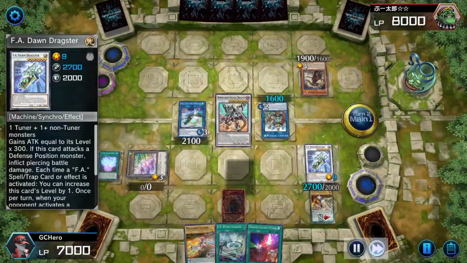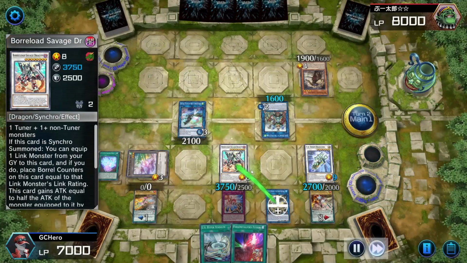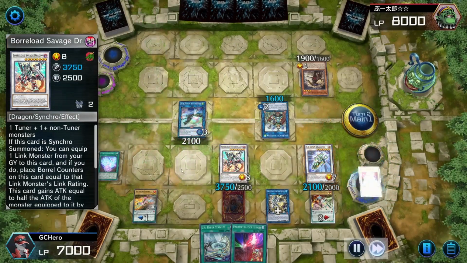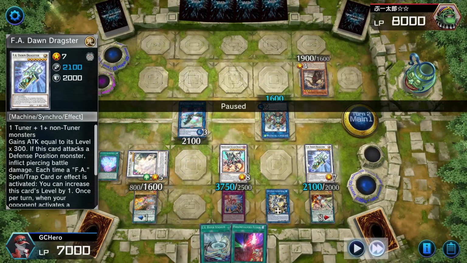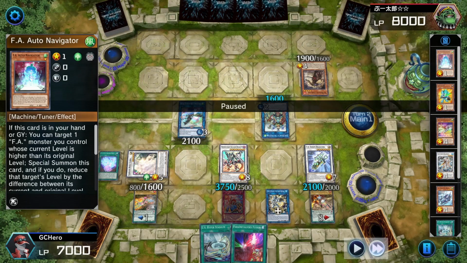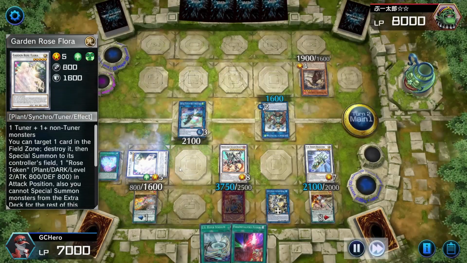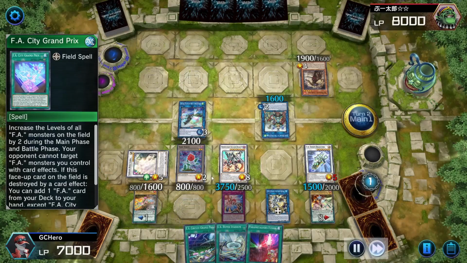But anyway, then you go into Dawn Dragster, into Savage Dragon there. You'll use the field spell to give your buddy 2 levels. Keep in mind, do not activate its effect. You want it to be level 9 so you can have your Navigator come back at level 2. So you can synchro with the token to this level 5, pop the field spell, get another draw there,